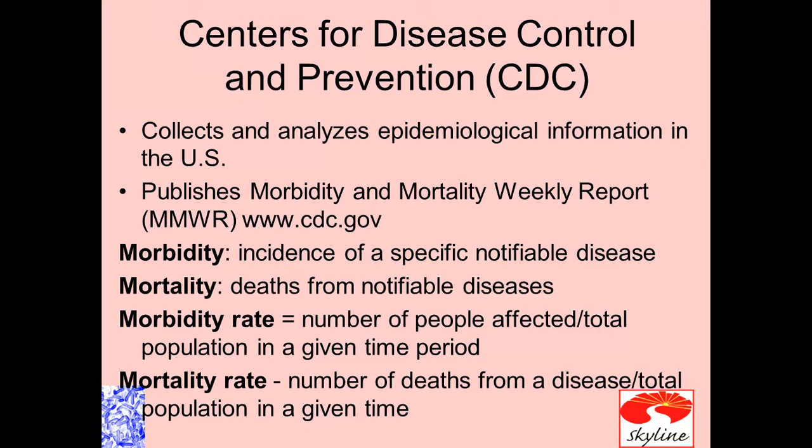If we are going to express them in rates, we will be using a denominator for morbidity rate that will be the number of people affected and the total population in a given time period. On the other hand, mortality rate refers to the number of deaths from the disease over the total